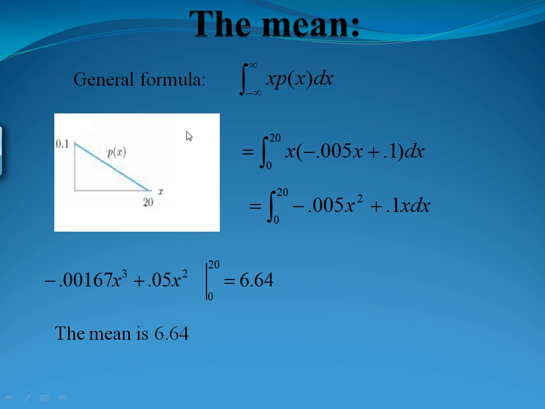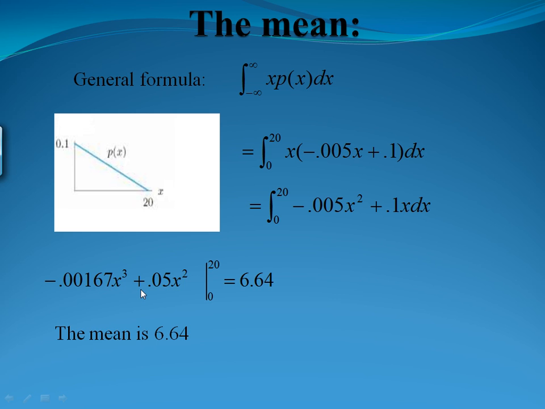For the mean, again, our general formula is the integral from negative infinity to infinity of x times the probability density function. So here, we're defined from 0 to 20, so those are our bounds. So we do x times our PDF, which was negative 0.005x plus 0.1. We can distribute that x through, so we have the integral from 0 to 20 of negative 0.005x squared plus 0.1x dx. When we integrate, we get a general antiderivative of negative